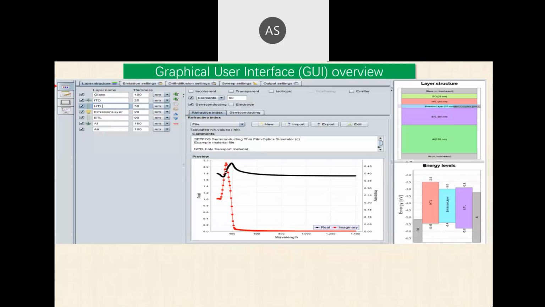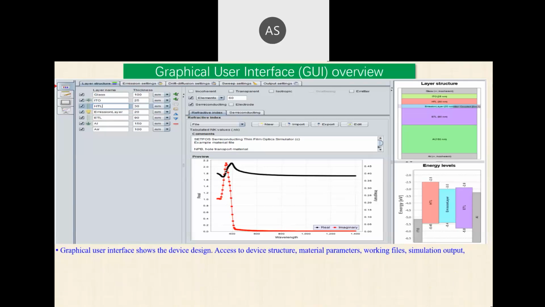You can put the material values and input values in our user interface, and the device will automatically be visualized, and energy levels and other parameters will be visualized for you automatically. As you can see on the screen, you can define the layer materials, layer thickness, semiconducting parameters, refractive index, NK data parameters, and electrode parameters in the user interface, and apply the sun spectrums: air mass zero, global spectrums. You specify the sun spectrum, then the software will do the calculations automatically.